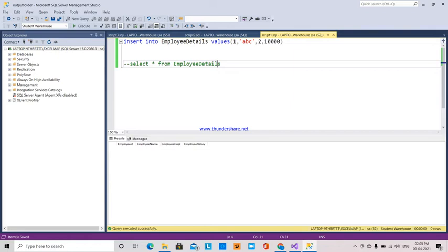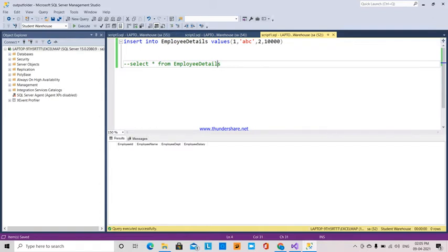Lakshmi. Today I am going to explain how to load multiple SQL files from a SQL server to SSIS and how to retrieve the data. First of all, I have a table like employee details.